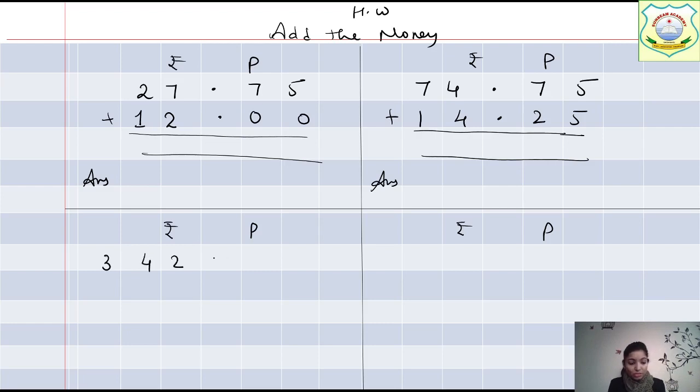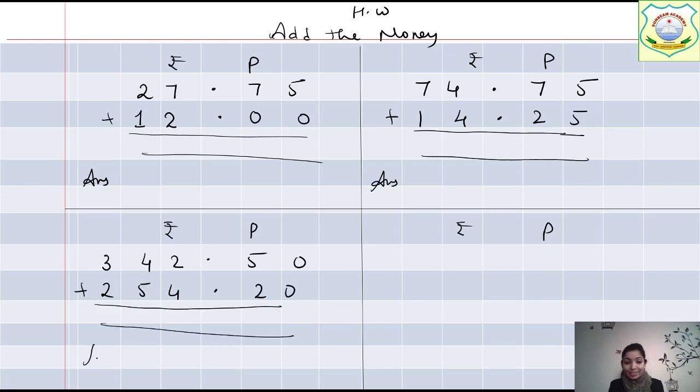342 rupees and 50 paise. 254 rupees and 20 paise. Just add it and write the answer. Whenever you are writing the answer, remember that you have to mention the rupees symbol. Put the rupees symbol, then write rupees dot paise. Next question is